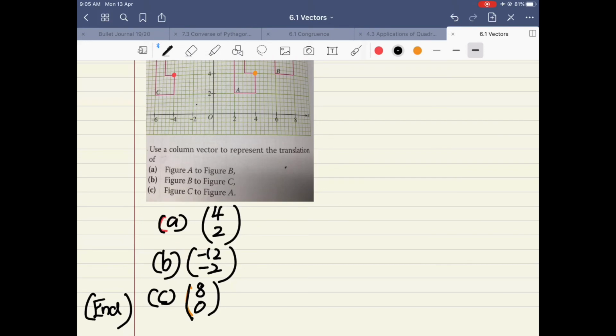All right, and this concludes the first chapter, 6.1 on vectors. So you can actually move on to class kick to do